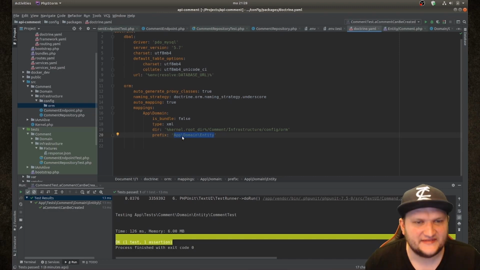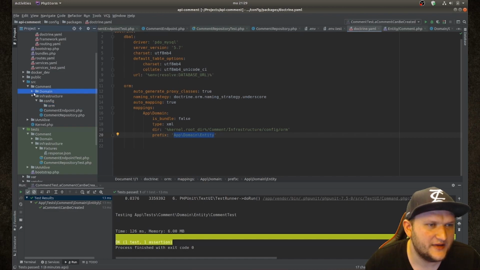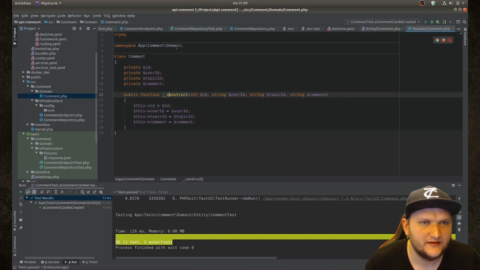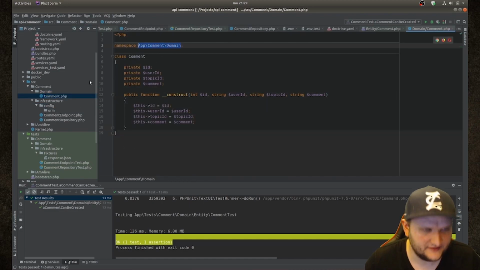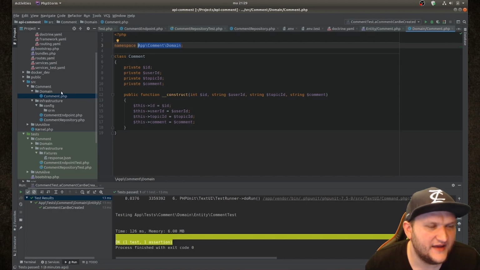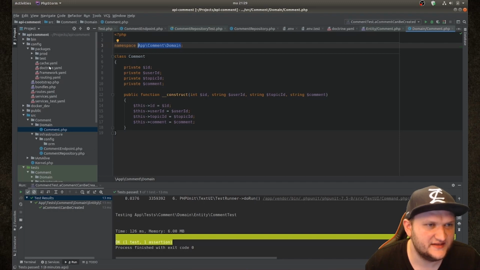And the prefix is the prefix that it will listen to for what the entity has. So we have this entity called comment, and this is actually the namespace that it wants to listen to. So for every entity that starts with this namespace,